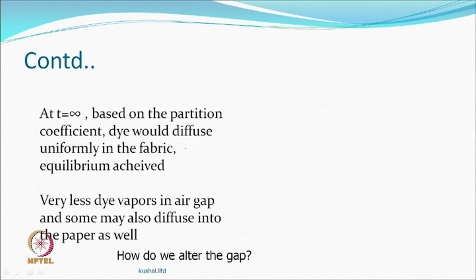So, the gap is important. How do we alter the gap? Well, we apply pressure. If we apply more and more pressure, the gap will be less. That means the chances of this transfer to the fabric will be quicker, and other diffusions here and there will be less, so it will be in our own interest to reduce the gap, because the gap